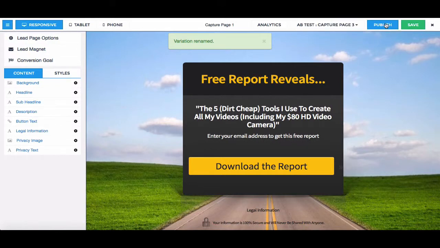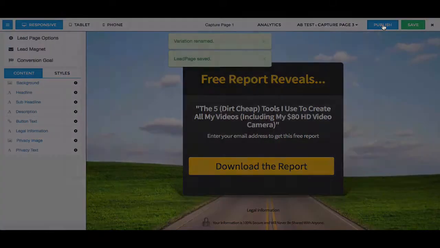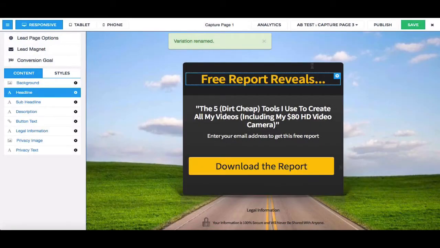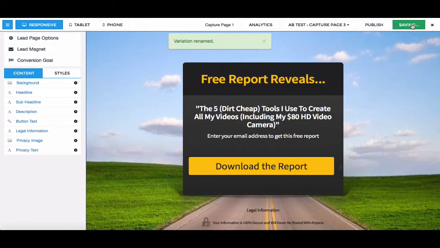This split test has one link. You will have one link for the whole split test for the 3 capture pages. You're not going to have 3 links, it's just one link. Everything is saved. When you hit publish, the link of the first capture page that you added becomes the split test link. So one link for all 3 capture pages, because now they are in a rotator. They will rotate. I'm going to show you how that is done. If you go to analytics, actually let me save